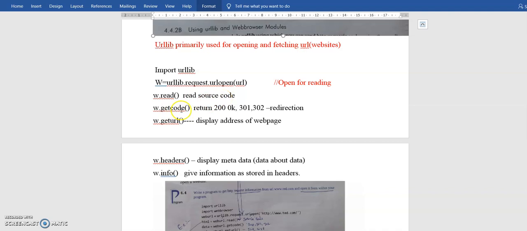Then getcode means it will return the code number. If it returns 200, it means it is okay, that means it is ready to open. If it returns 301 or 302, it means it is a redirect to some other page. You always have redirection when you are downloading some software. Then geturl means you are getting the URL which you have opened.